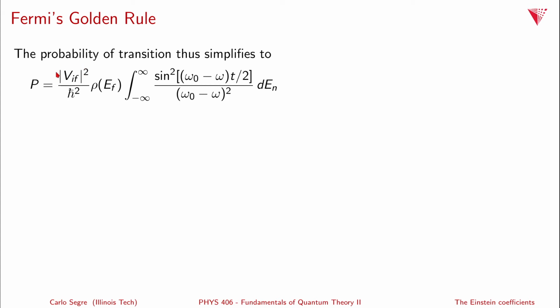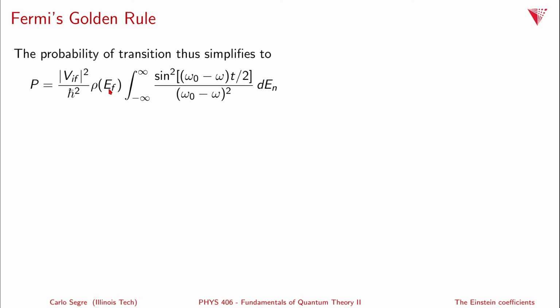Well, clearly this matrix element is already just a scalar, so you can pull it out. So it's V from the initial state to the final state, and because the energy density is peaked very heavily around the final state energy, you can replace V sub In with V sub If. And you can replace rho of E sub n with rho of E sub f,